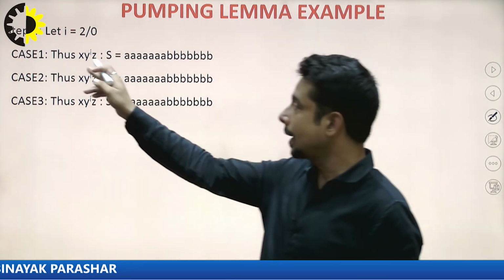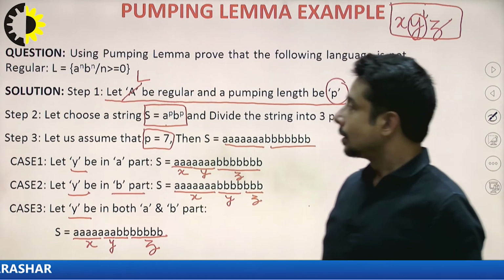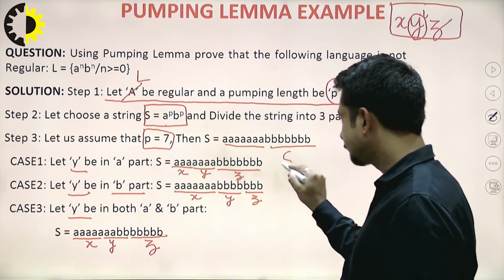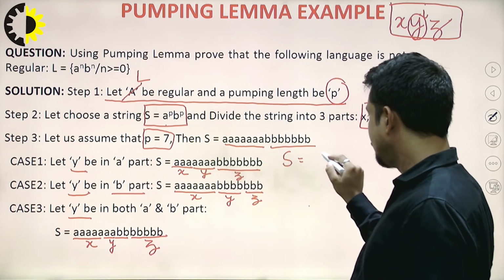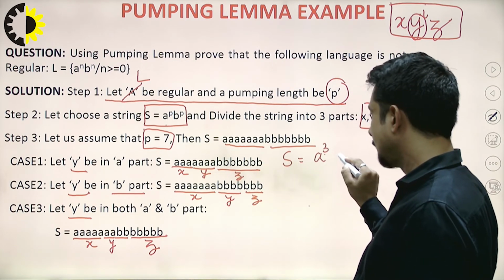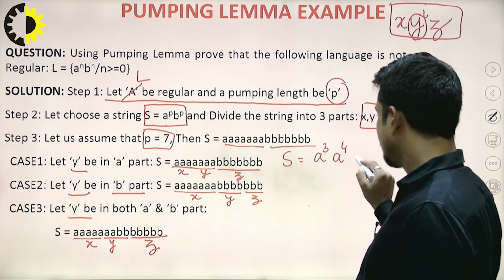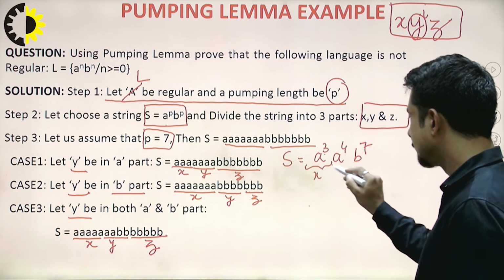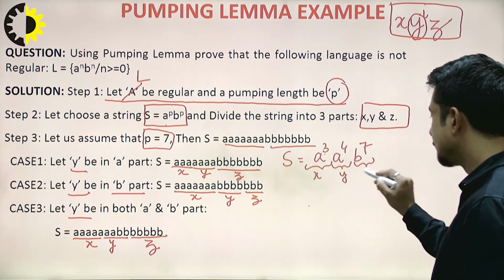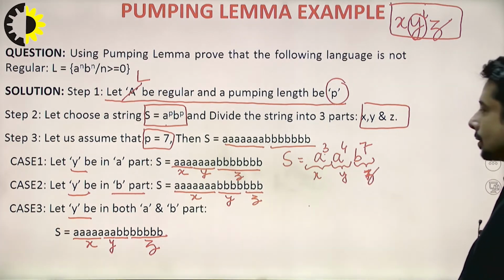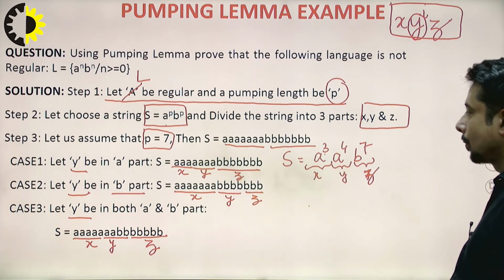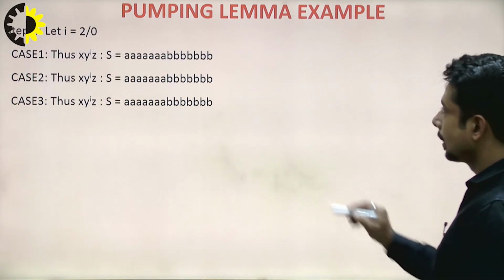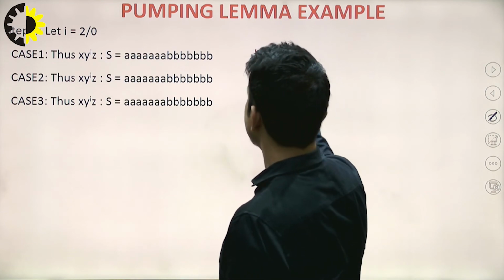Now the cases will be x, y to the power i, z. If you look into case number 1, s was 3 times A, then A to the power 4 and B to the power 7. These 3 A's are for x, this is for y, this is for z. So a to the power 3, a to the power 4 and b to the power 7. Now if I take the y part, y to the power i,